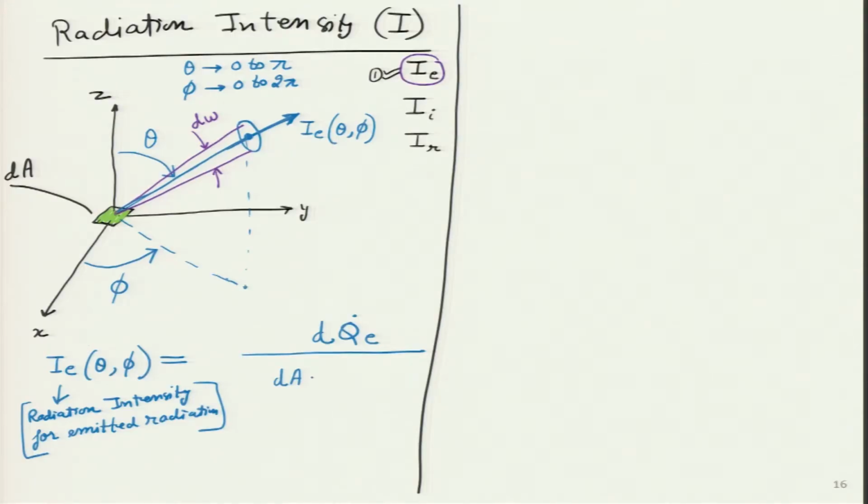If theta is 0, then cos theta is 1, and you are seeing the full area A. If the angle becomes 45 degrees, then the viewing becomes less, so it will be A into cos 45. And when it is like this, it becomes cos 90, which is 0, so you see 0 area on the projected surface. So, the projected area can be given by this term